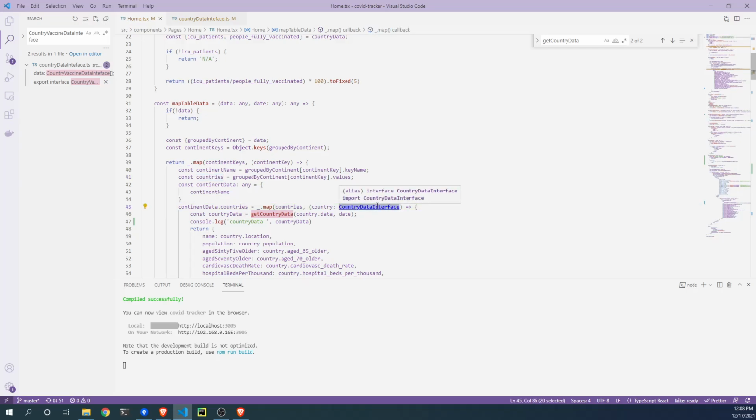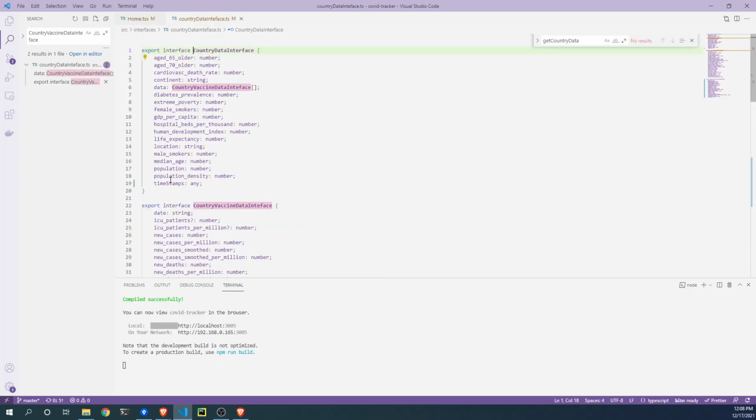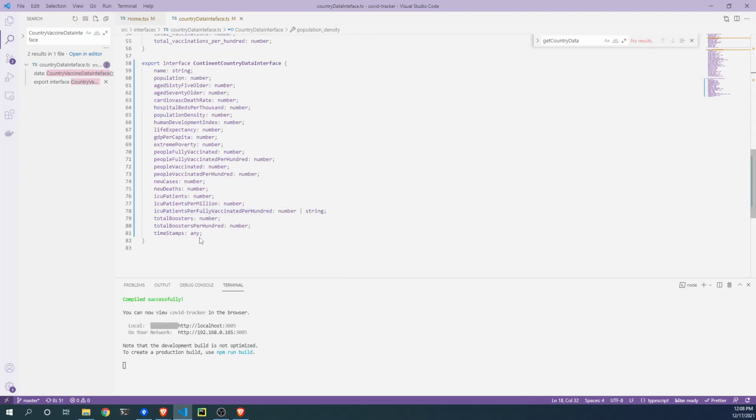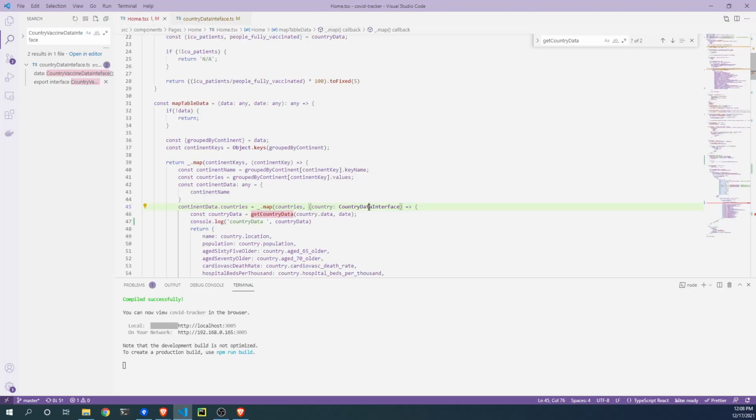The country data interface doesn't have, yes, it doesn't have the timestamps. No, it doesn't have the timestamps. And this also doesn't have the timestamp. Because this is just a day. Then I should take it. Continent key, the values. Countries. In the countries I will have the